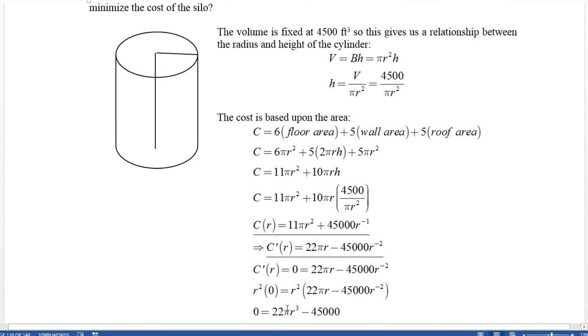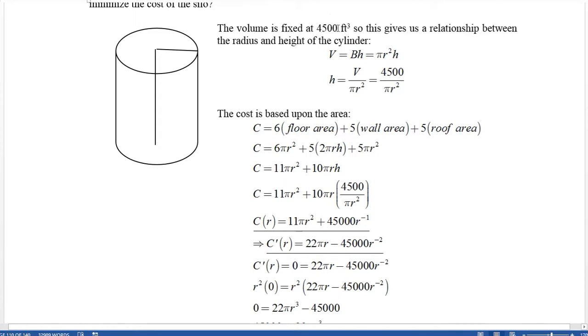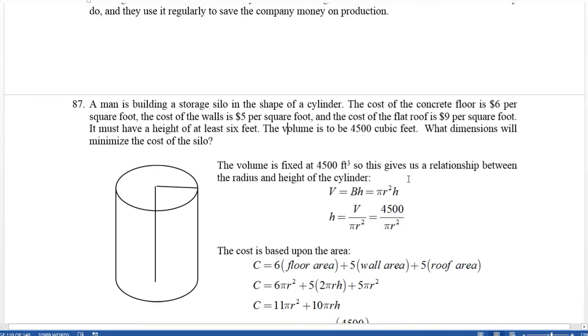Well, it's very similar to the last problem. The volume's fixed at 4,500 cubic feet, so the volume again is pi r squared times h. So again, h is v over pi r squared. That's 4,500 over pi r squared. The cost is based on the area. 6 times the floor area plus 5 times the wall area plus 5 times the roof area will be the dollars of the cost. So the floor area is pi r squared, so that's 6 pi r squared. The wall area is the circumference, 2 pi r, times the height, so that's 2 pi r h times 5. And the roof area is